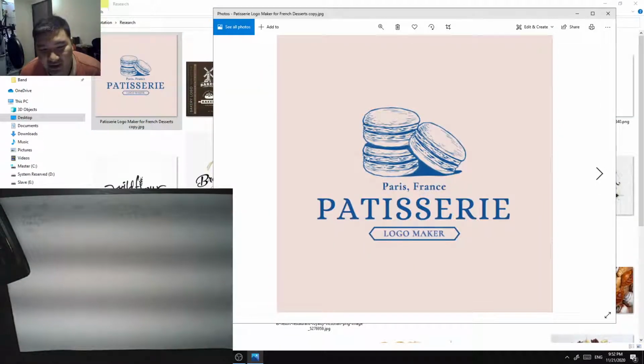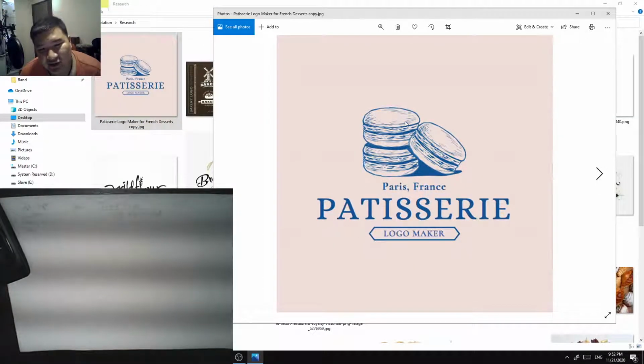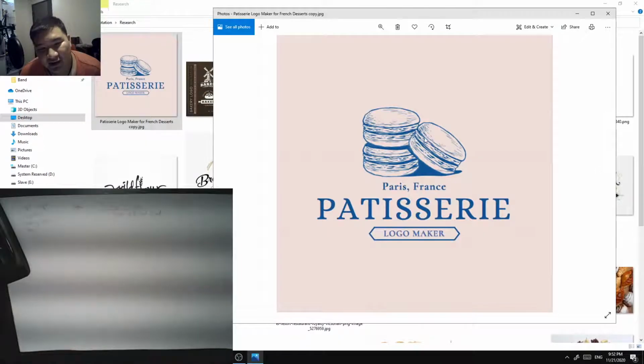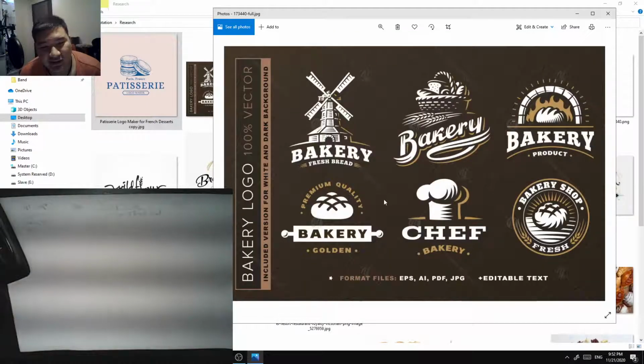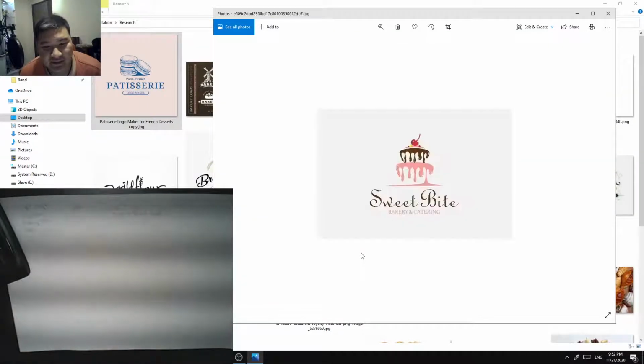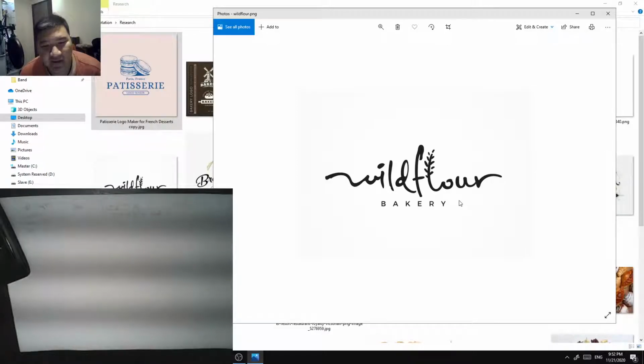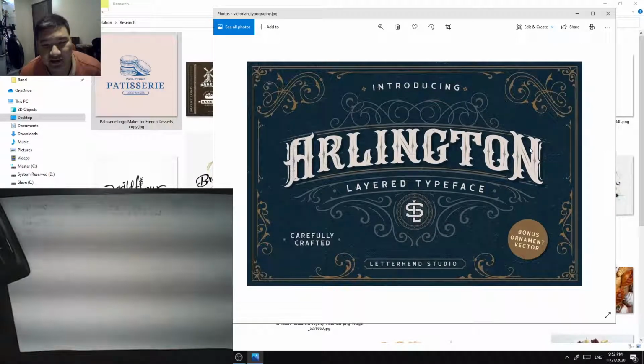Patisserie. I really like this. It's so simple, but I really like the design of that drawing style. Maybe I can incorporate that into my logo somehow. Let's see what other ones there are. Sweet Bite, Wildflower, Arlington,